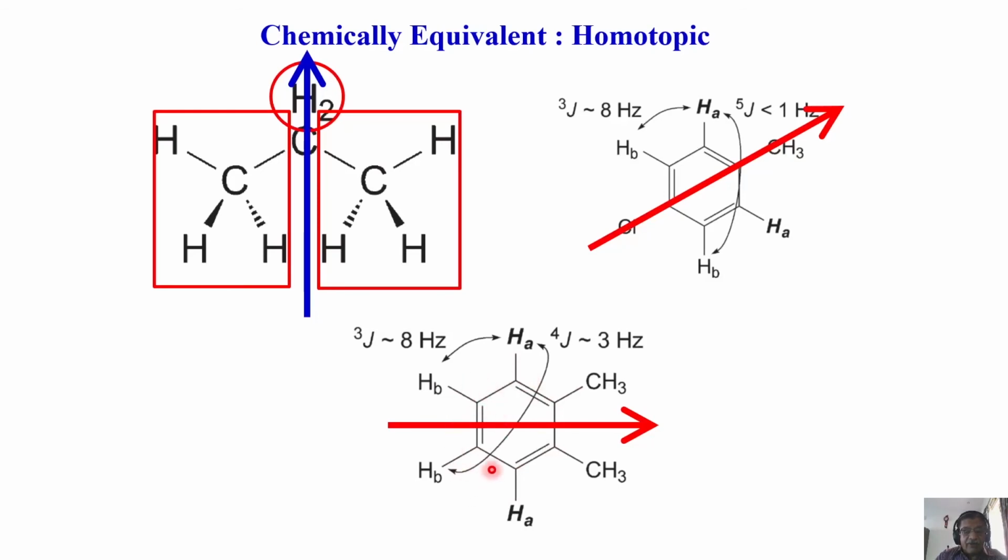So these two carbons are equivalent and different from these two carbons, which are equivalent, and different from these two carbons, which are equivalent, and different from these two carbons which are equivalent. So how many chemically inequivalent carbons are there in this molecule? There are four different types of carbons. Remember, these two give one type of carbon, these two give another type, these two give another chemically inequivalent carbon, and these two give another chemically inequivalent carbon. So this molecule has three different protons and four different chemically inequivalent carbons.